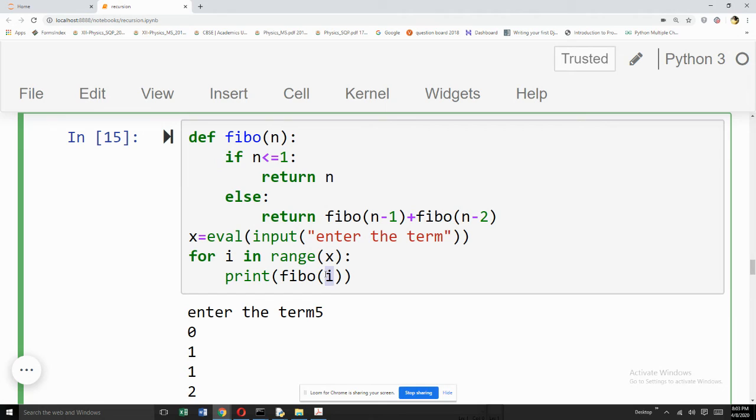So Fibo 0 will be called. So is 0 less than or equal to 1? True. So value returned will be n itself, which is 0. Next time Fibo 1 will be called. Is 1 less than or equal to 1? True. So the returned value will be 1. Next time 2 will be called. Is 2 less than or equal to 1? No, it will go here and the Fibo will be again called by the sum of the previous two